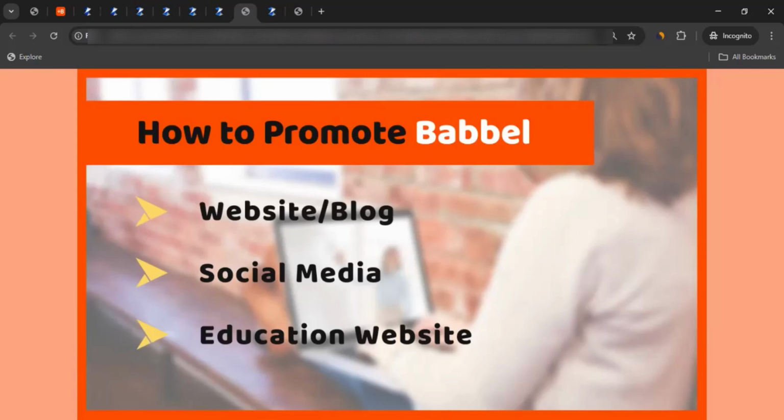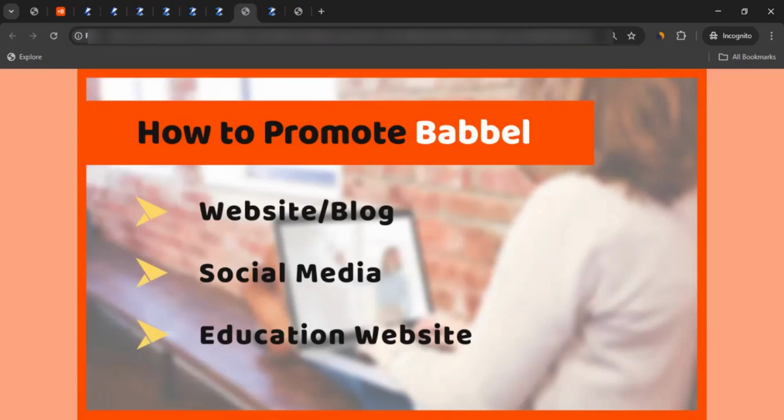Fourth way, which I feel like is more suited here, is the education website. Let's say as an affiliate, if you have an education website, maybe you create a standalone section to learn different languages. So when people come to those sections, they would be able to explore different options available. Maybe you might want to highlight the options available at Babbel for different languages and integrate your tracking link from the backend. So this is how you can attract different audience to click on different links that you must have integrated on your website for Babbel. And if they subscribe for those courses, you could end up getting commission.